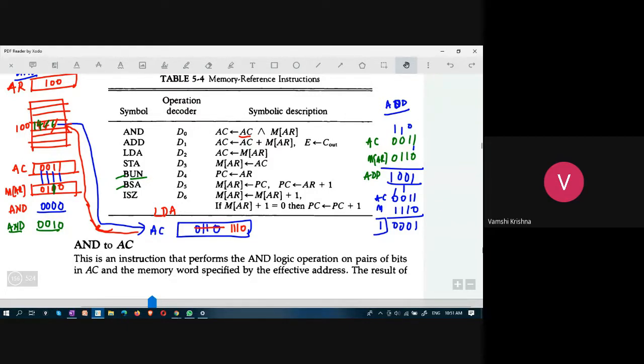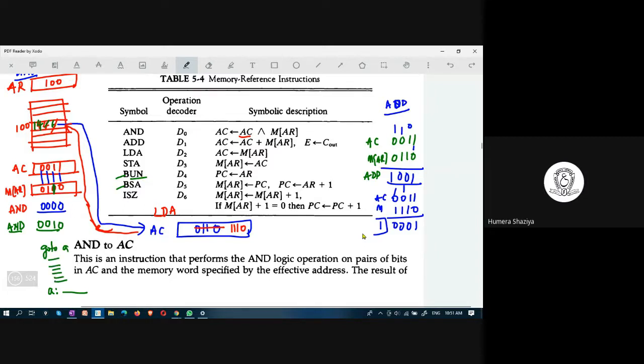You give a label. Consider a label A colon, and you give the statement, and then you say go to A. In between you will find a number of other statements. What happens in go to is you are branching or jumping to a location specified by this label without any condition. If there is a go to statement, you directly come to here.